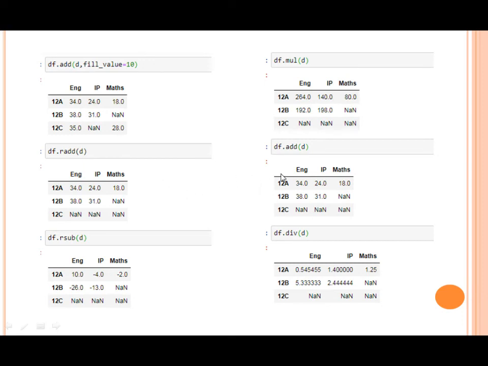So there is no difference between radd or add, rsub or sub, rmul or mul. There is no difference. Clear? df.div, again dividing both the data frames together. Where no value is present, none is there. But if you want to insert some value over there, you can use this method, fill_value equals 10. Is it clear? So we'll move ahead to my favorite part.